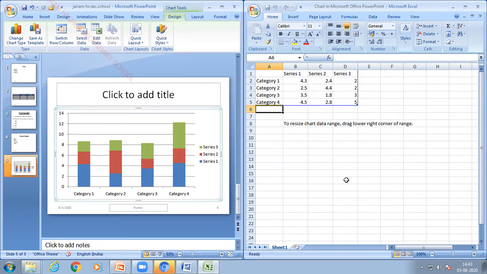After pressing OK button, one Excel sheet will appear on the screen where you have to enter the data. So now I am going to enter some data here.